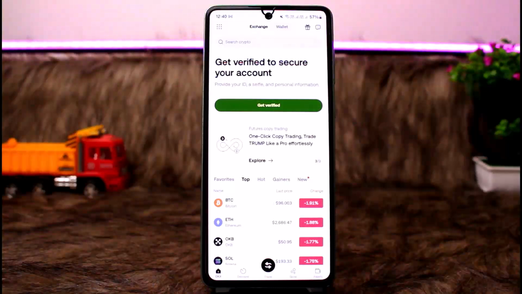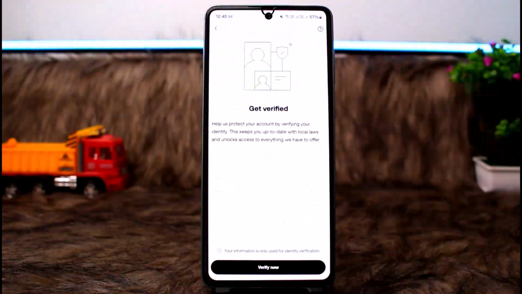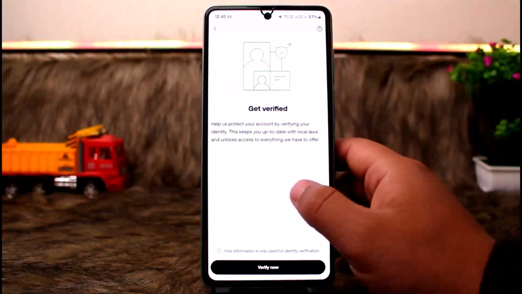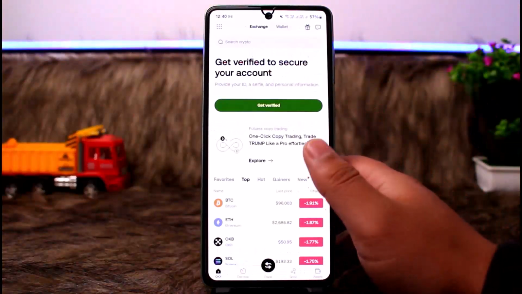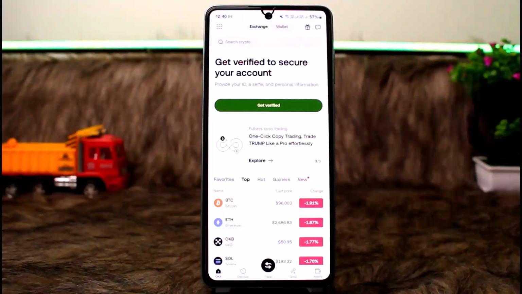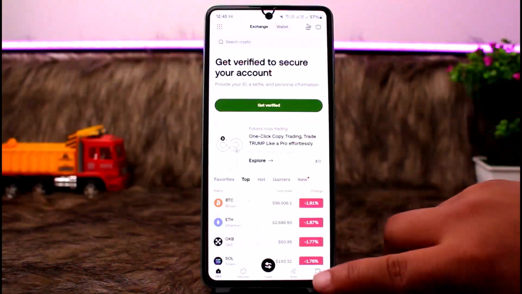First things first, you want to get verified. You can see the get verified option. Go ahead and get verified by providing your details, and once you have done so, you can head back to the app. Right on the exchange, now you can tap on the assets tab at the bottom right corner,